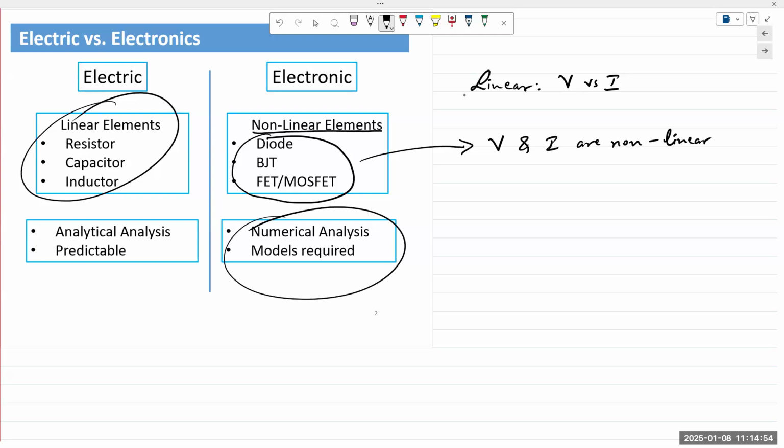So for electronic devices or electronic components, we use numerical methods. The difference between analytical and numerical is that analytical is exact, numerical is approximate. Oftentimes, we will make use of assumptions. We will assume certain conditions for our devices, for our circuit. We will assume some values. Some of the values will be given to us, and we might assume some values based on certain logic and certain circuit rules. And then once we have those, we calculate, we go through the steps,